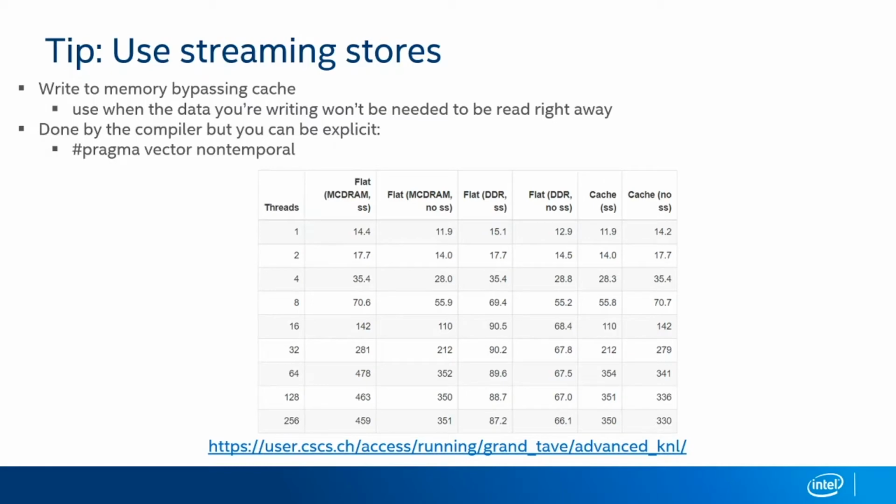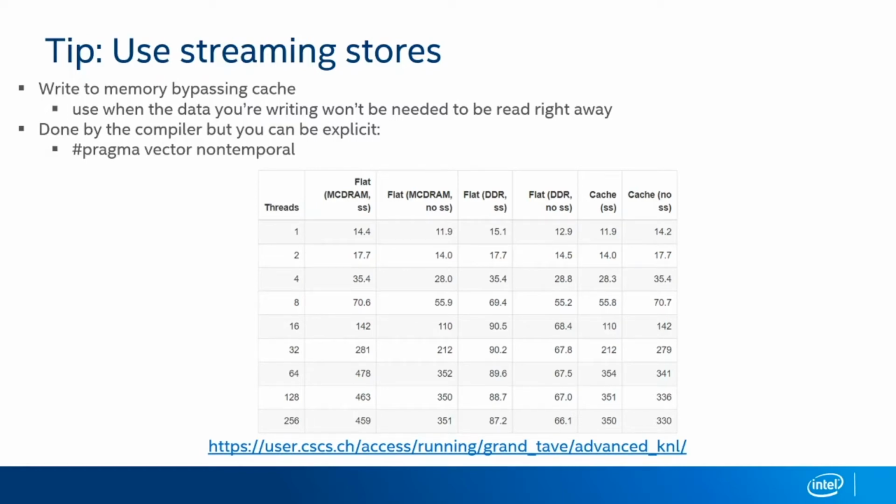So since we're on the topic of cache operations, here's a good tip, and that is use streaming stores. Whenever you write something to a location in memory, normally the compiler will first do a memory load and load that cache line into your cache, then change the data, and it might skip writing back to memory. But if you're writing to memory and you know that the data is not going to be used anytime soon, you can tell the compiler to use these streaming stores, also called non-temporal stores, to bypass that first step of loading into your local cache, and that can actually increase your